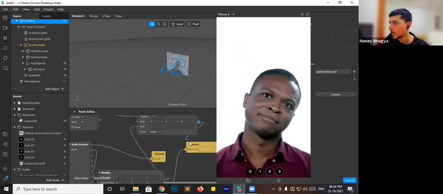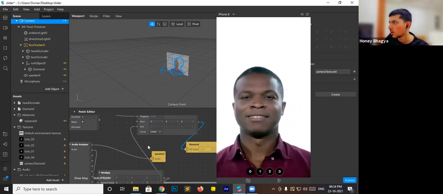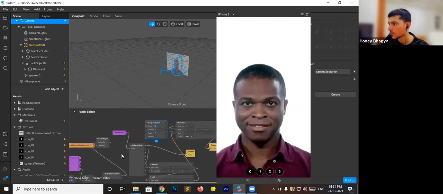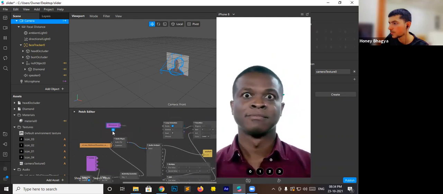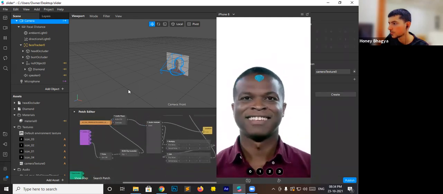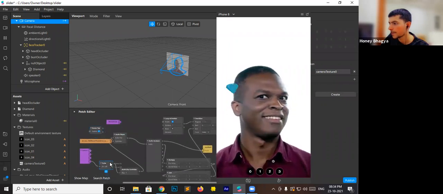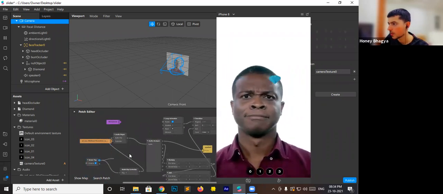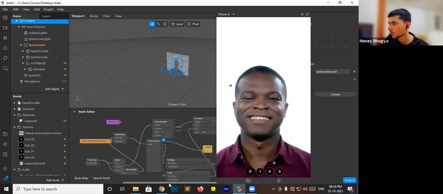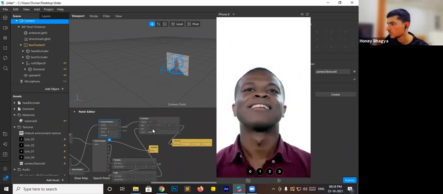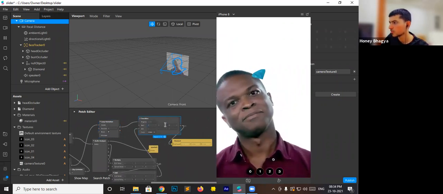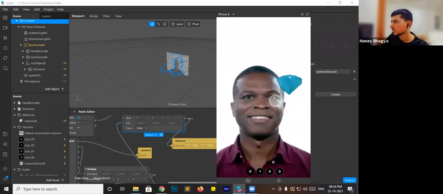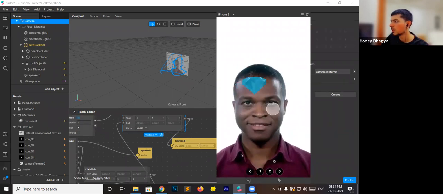This will be our end value, and connect this to the 3D scale. So as you can see, it's moving a little bit smoother than before.